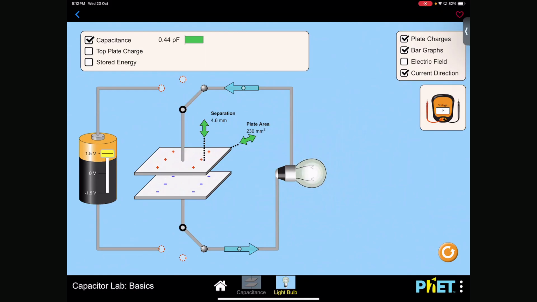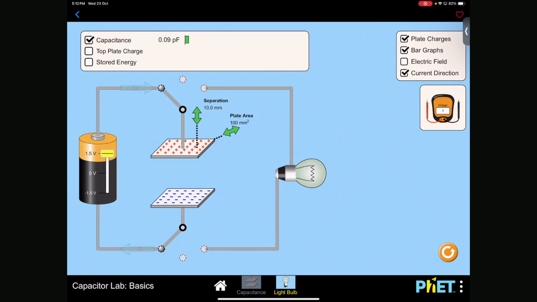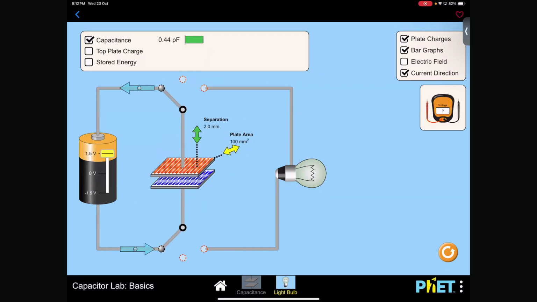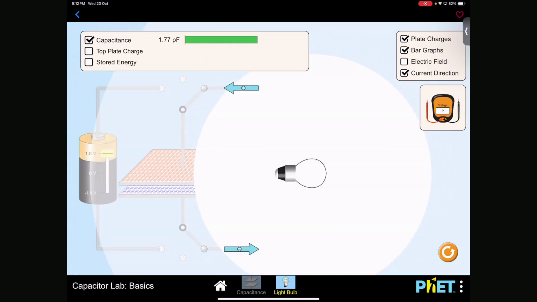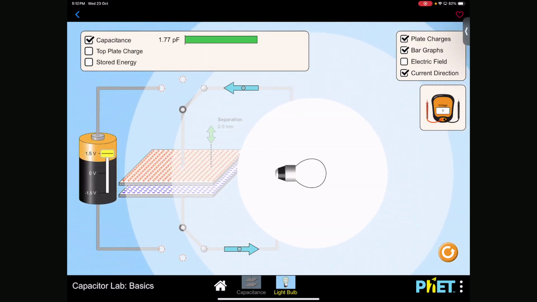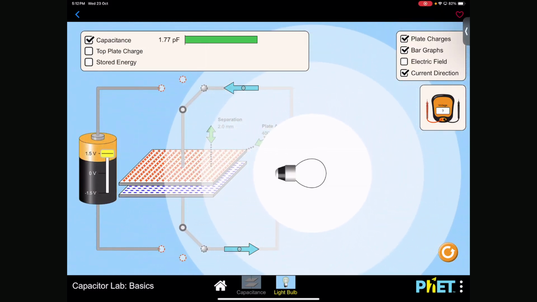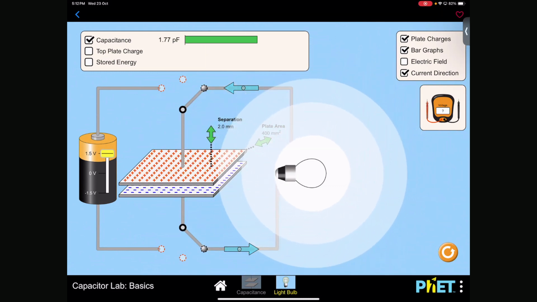I'll give you an example right now. Let's say I take the plates very far away and I make it very small like that. Do you think the lamp will glow for a longer duration or a shorter duration compared to before? This was the previous one. See what happens. You see it's glowing over a very long duration. Why is that so? Because the plates have a lot of what on them? Charge. So wouldn't it take a lot of time to discharge them?